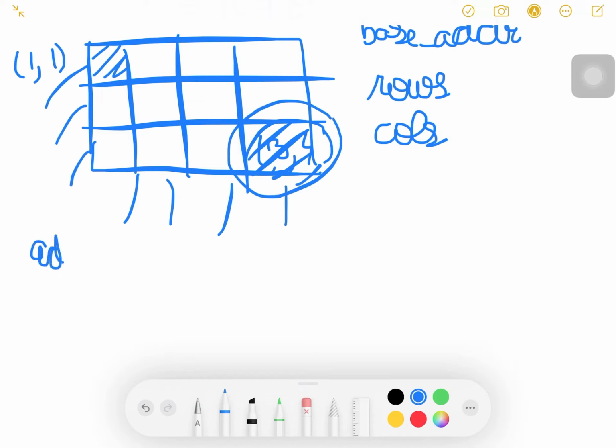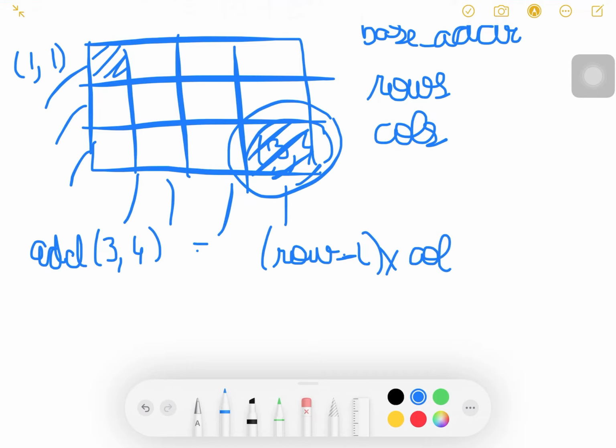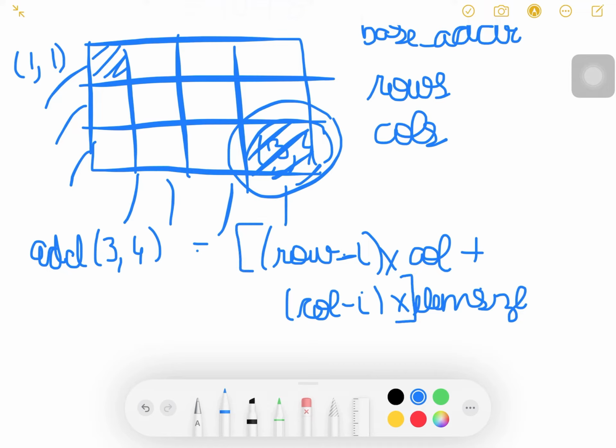We can find ADD 3 comma 4 as follows. The formula can be row minus I into number of columns plus col minus I into element size plus base address, which is base ADDR.